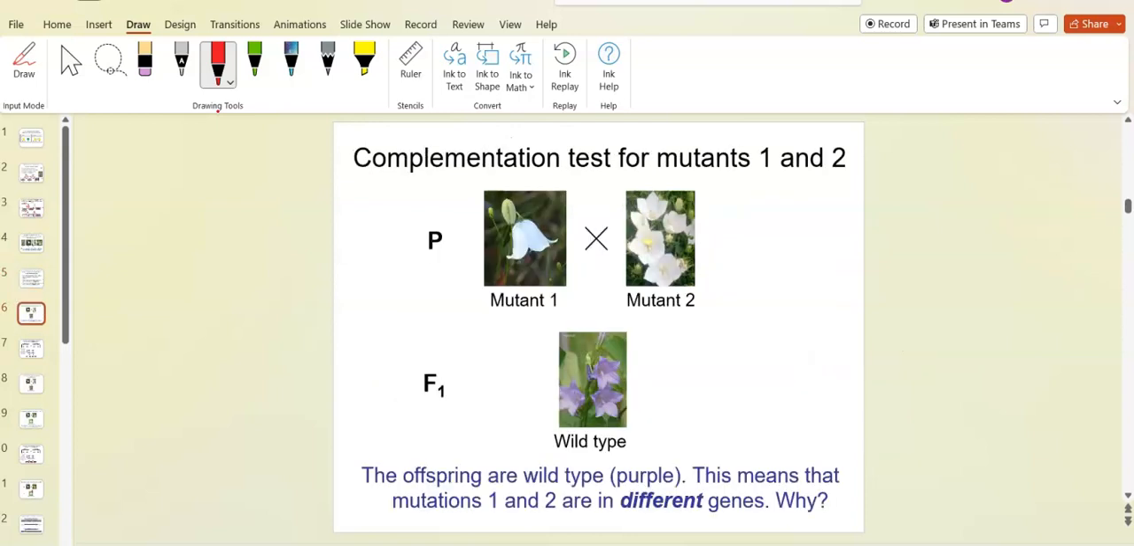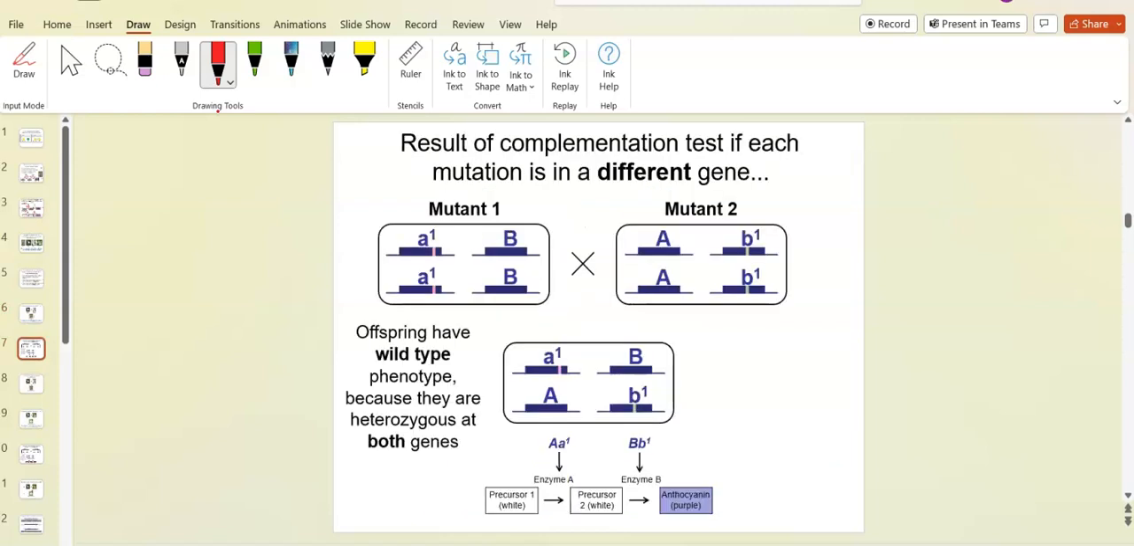Well, it's pretty straightforward. So this is just showing you, we cross mutant 1 with mutant 2, and their offspring are wild type. Well, we know that these are in different genes. How do we know that? Well, here's just a representation of this. So here's our